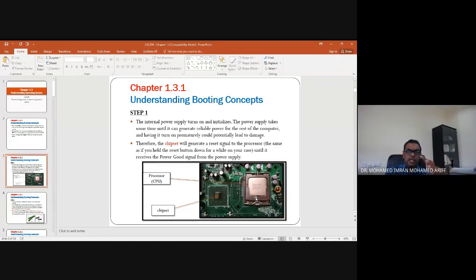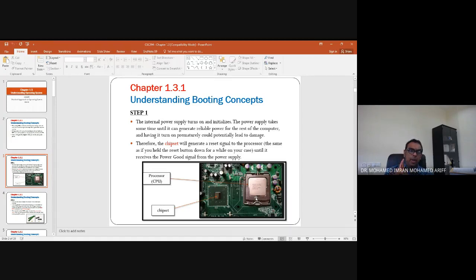A processor sits on a motherboard, duduk di atas motherboard itu. You can change your motherboard, but you have to find out if the motherboard is compatible with your processor. Some motherboards are compatible only with this kind of processor. Some processors are compatible only with this kind of motherboard.